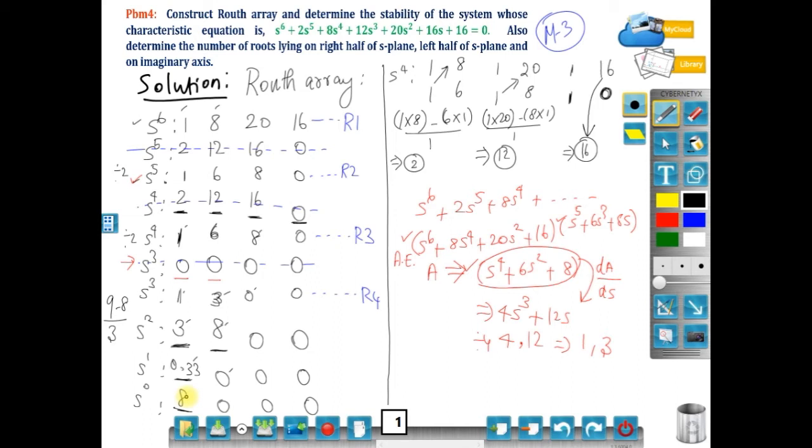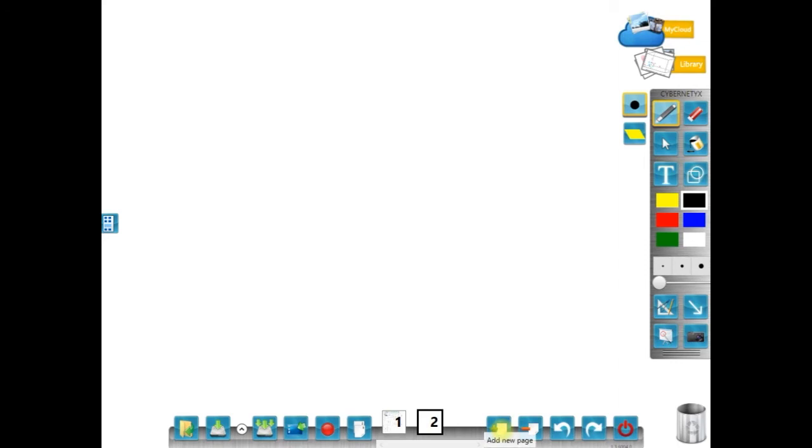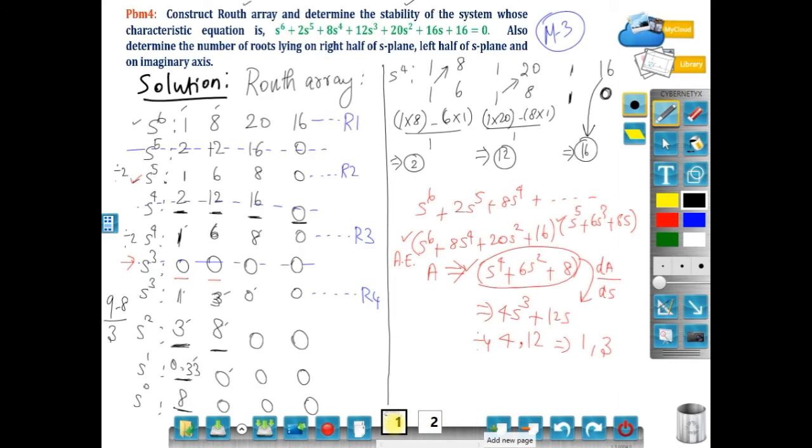So this is the fully constructed Routh array for our problem. First of all, the question that was asked to us is, we need to construct the Routh array. Yes, we have constructed it so far, and we need to determine the stability. So I'm going to the next slide. While observing this Routh array,